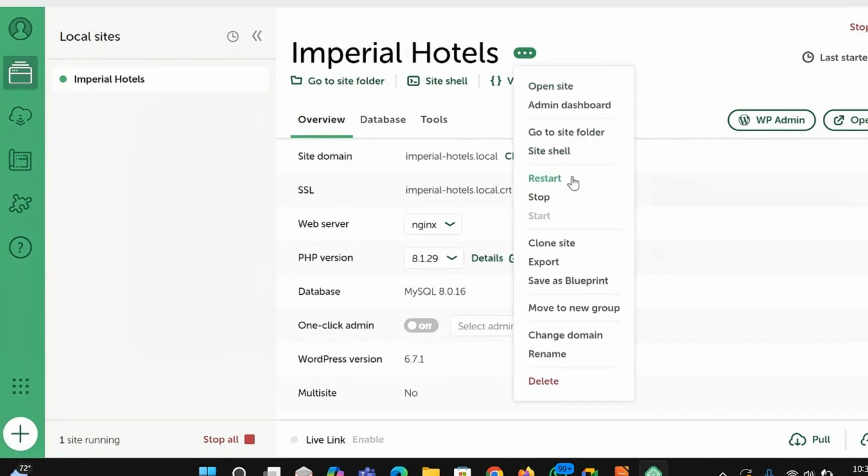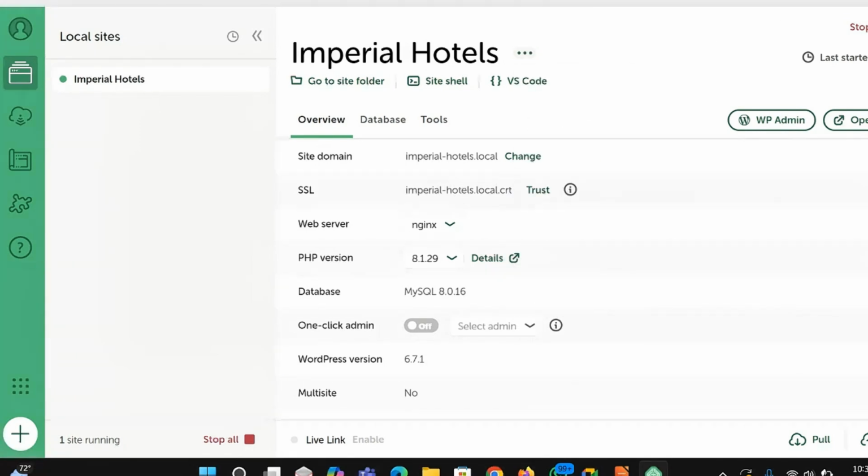And then it says restart. You notice that in the corner here, there is stop site. Sometimes you have multiple sites running. There is this site, there is another site, there are like 10 sites. This is not the computer that I use for developing my websites, so it's empty. I use this for teaching. But sometimes there are multiple sites running in here. So you can stop one site and start another.